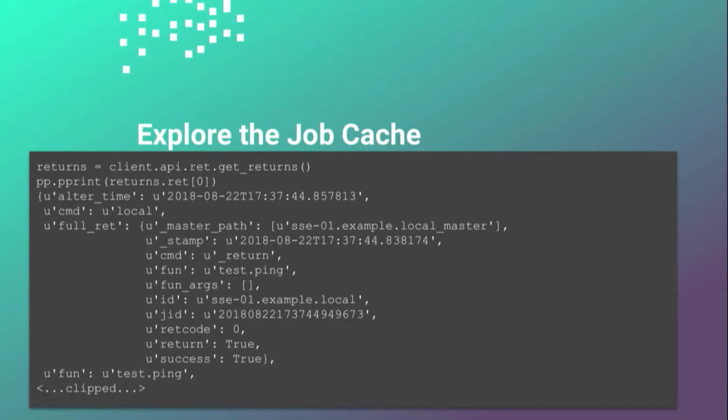You can see the exact return data. The UI does an excellent job of presenting it. Tragically, I don't have that here in this deck, but it makes it very easy to explore the job cache and triage your deployments and see if any runs failed. You can find out why. And under the hood, this is what's happening. This is what's being interrogated and read through. These are the data structures that push forward that UI.